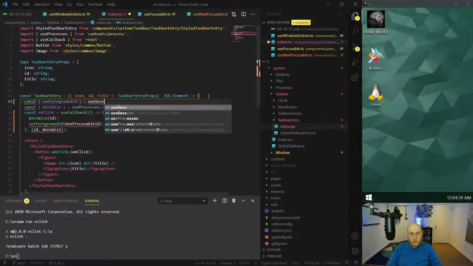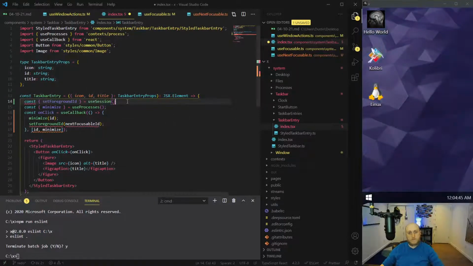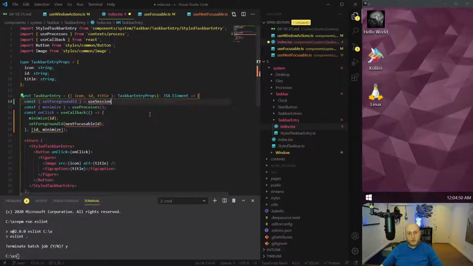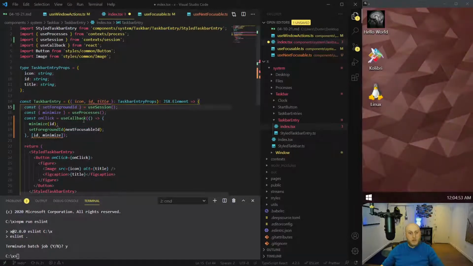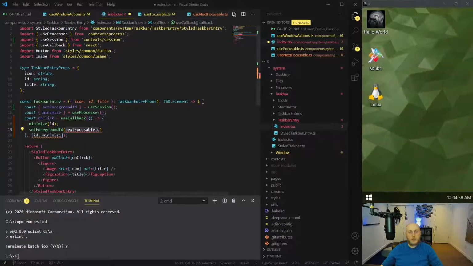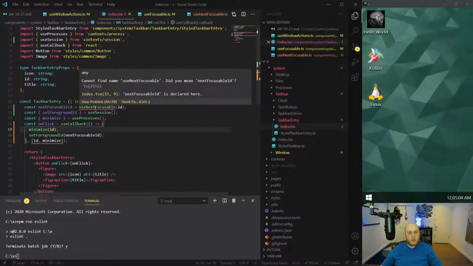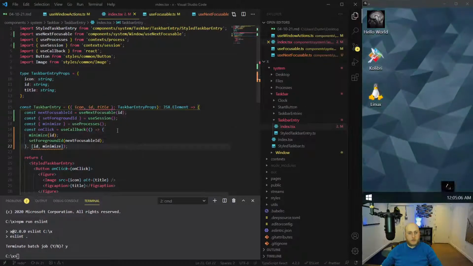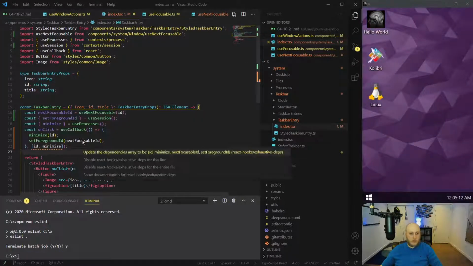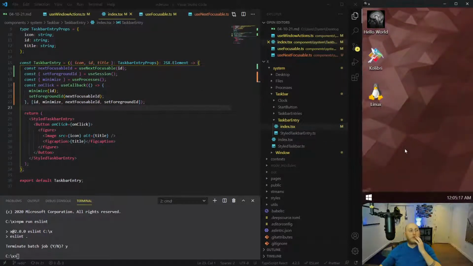So that comes from use session. Oops. Darn it, I wanted to auto import that. Equals use session. I just have to pick the right one. There we go. And what was the other thing? The next focusable ID, yes. We'll just copy that. So the taskbar also knows of what ID should be the next thing to focus on. Now that's working, nice. Good, fixed. And now we have to add them here. There we go. So if we were to minimize from the taskbar entries, it would also do that proper focusing,